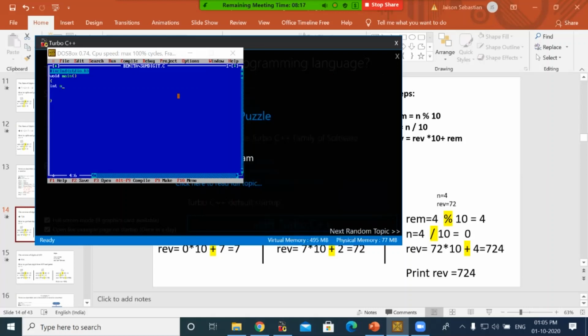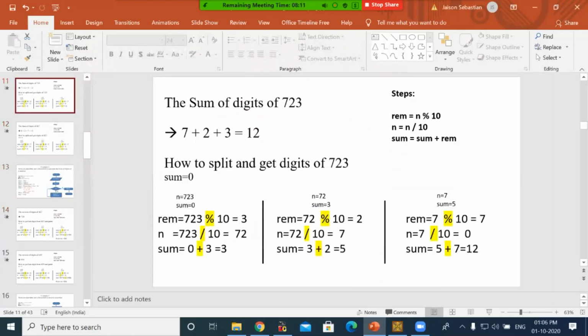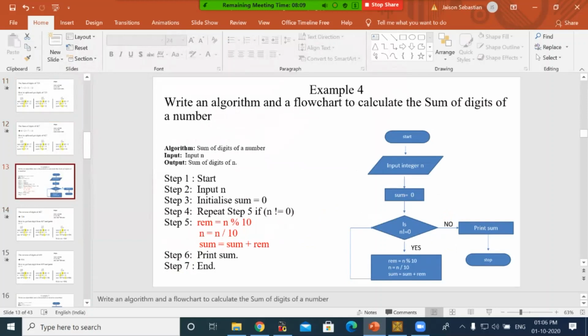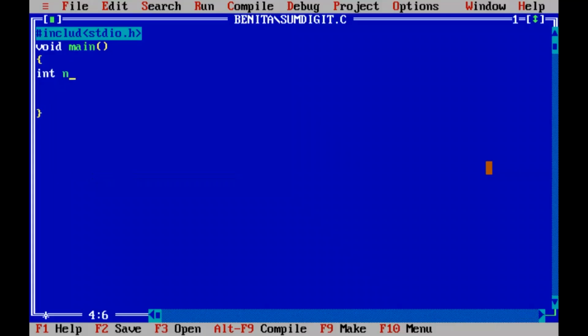Okay, so here you are using the variables. I'll just show you the program or the algorithm. So you will be converting this. What is the first step? We are getting an input and initializing the sum. So in the first step itself, we are initializing the variables. Which all variables are we using? We are using three variables: n, reverse, sum, right? Now we are initializing the sum variable to 0.